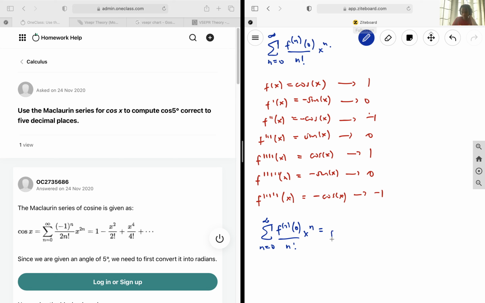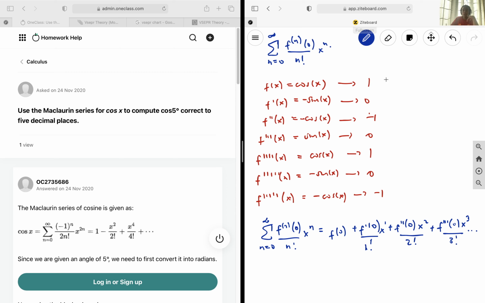This is going to give us f of 0 plus f prime 0 over 1 factorial times x to the power of 0. Alright, this is x to the power of 0, so this is x to the power of 1, x to the power of 2 over 2 factorial, plus the third derivative, x to the power of 3 over 3 factorial,